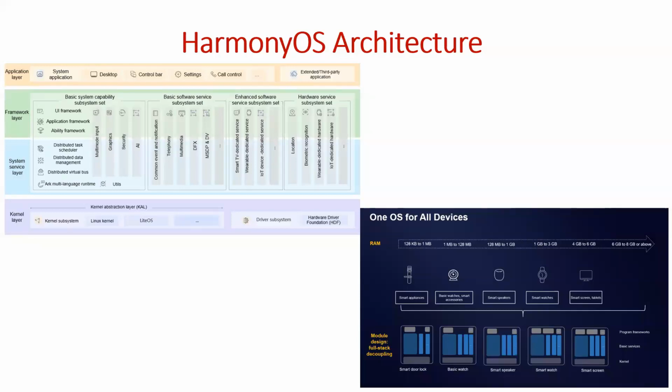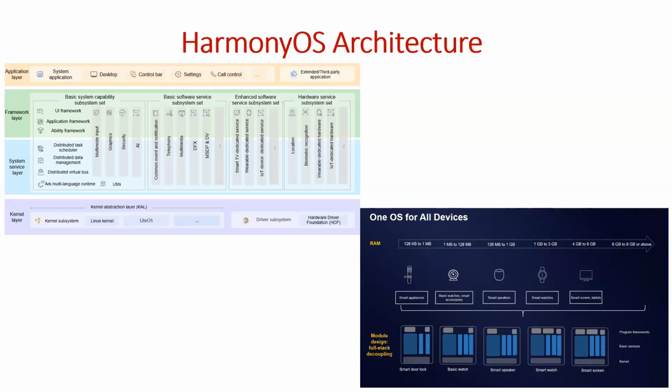system is the system service layer. It has mainly four subparts: the basic capability of the system, basic software service, enhanced software service, as well as the hardware system service. On top of this, it provides a framework layer which can be used to customize different services and develop an image that can be used on a target device. And the topmost is the application layer, where the developers can have their own unique applications that suit their needs.